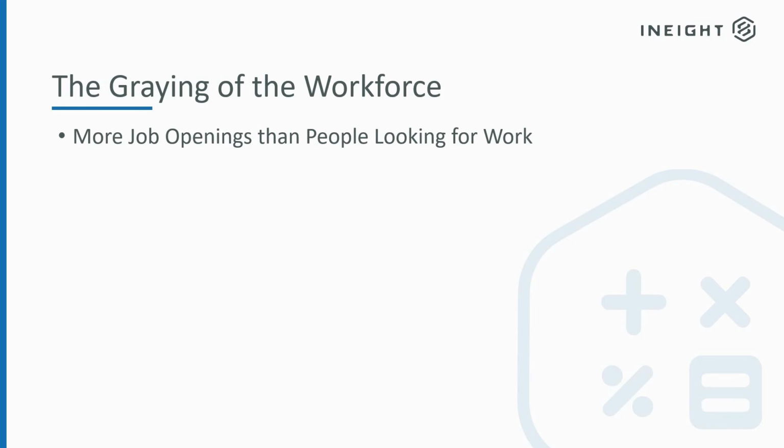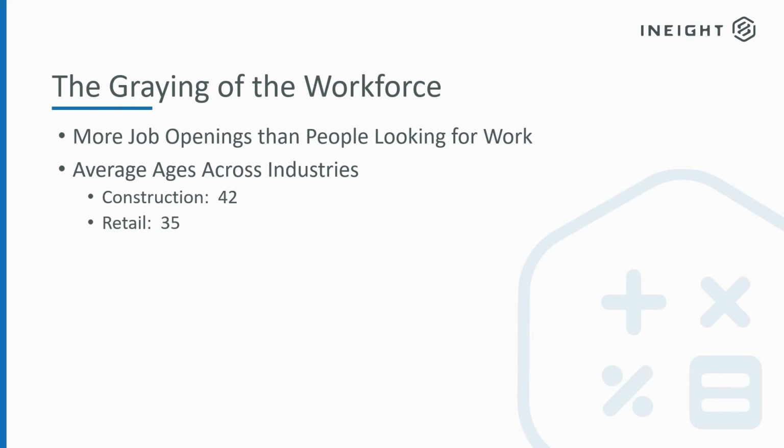But let's explore some average ages across different industries. Let's start with our industry, construction. The average age in construction is about 42. I think it's 41.5, 41.6 years old, but call it 42. Retail, about a 7-year age gap there, about 35. You get into industries like high tech, and we're talking about the average age being around 30. Now, this was an interesting set of data. They actually took these numbers from some high-tech companies, and some of the companies interviewed actually had an average age